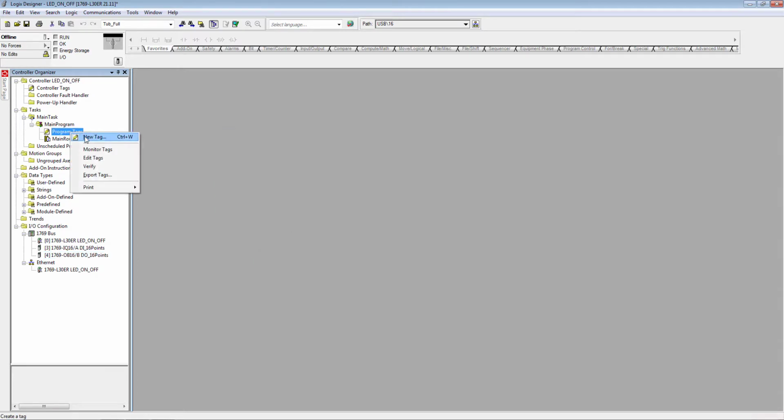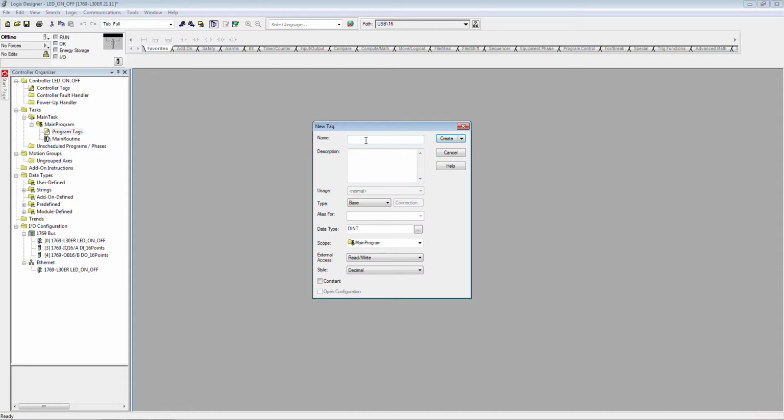So right click on the program tags, create new tag, let's say our push button. Let's start with the push button, which will be connected to our input module point 0. It is directly on the controller side, so we'll choose alias type, not base, because it's not for the program tag, it's a controller tag. So search for